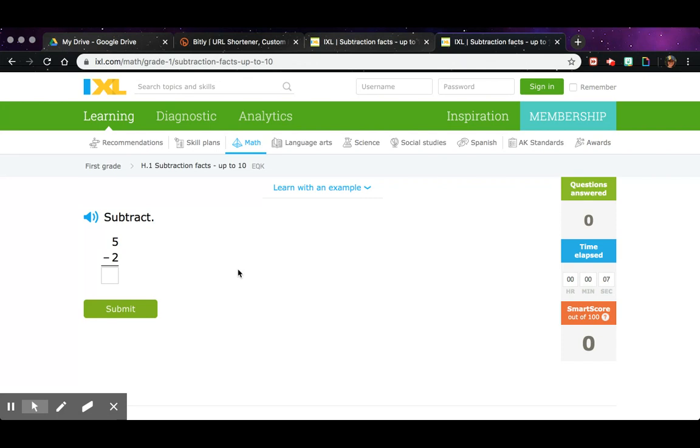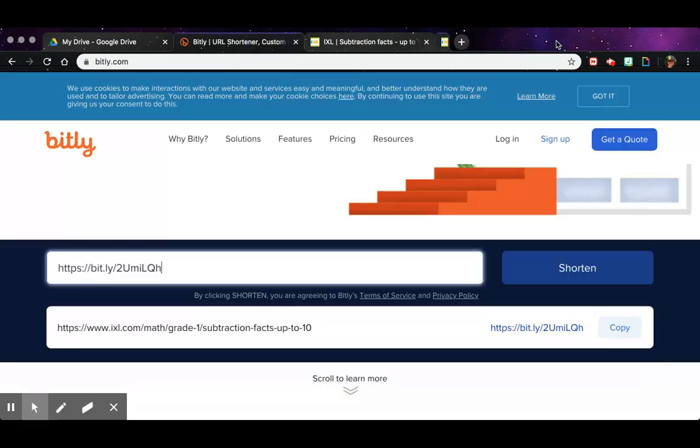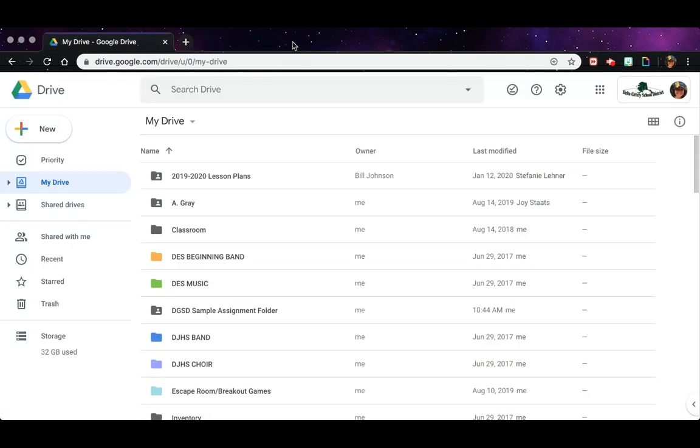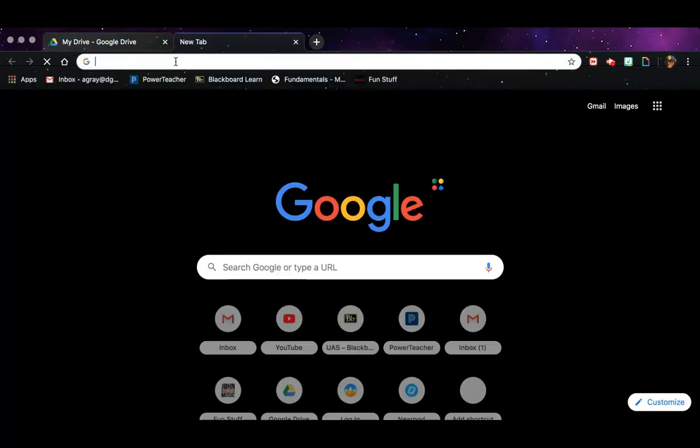So that is an easy way to keep your students on track with what you want them to do, or maybe help them if they are one of those people who either don't access these websites very often or struggle with making sure they're clicking the right spots and trying to understand the order of things to click. You can actually create a Bitly that will take them directly to that page. So that is Bitly. And the other one that I personally like a little bit better is